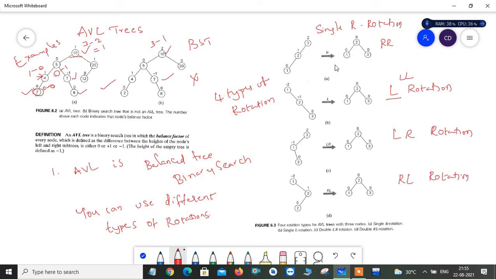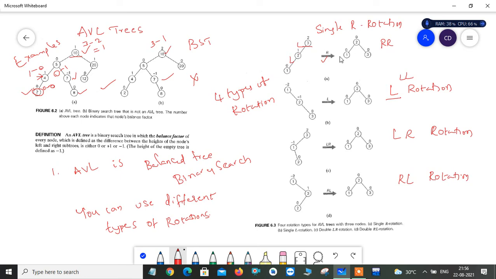Now we can see, whenever your AVL tree is unbalanced due to this scenario, see here, we have the left subtree, and again here we have a left child to left. So this is a left child, and again this is a left child to this node. Whenever you have the LL problem, at this node my tree is not balanced because of this problem, the left-left problem. So whenever you have an LL problem, you can apply the right rotation.